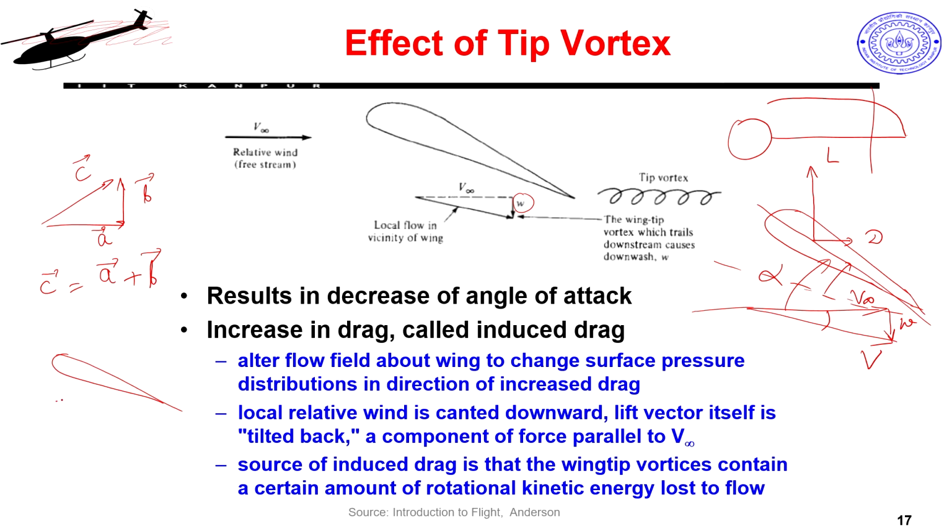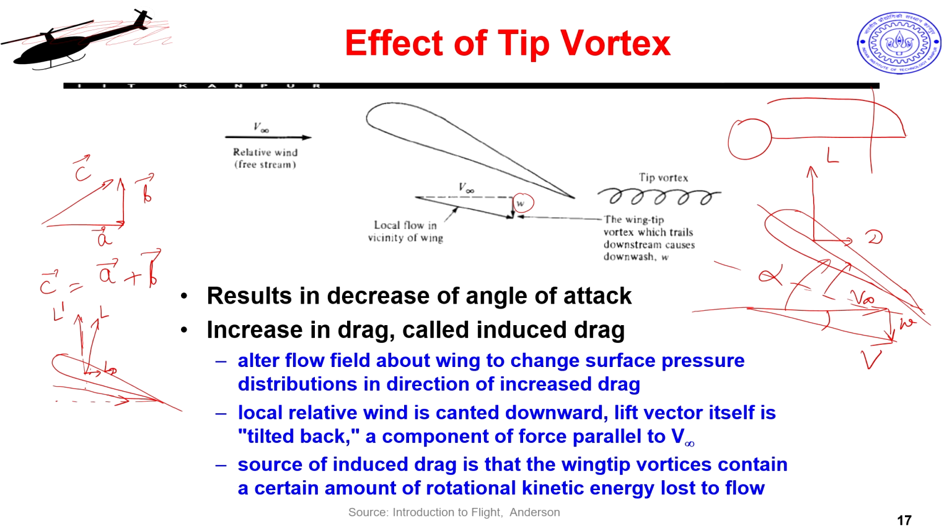So, this is my airfoil, this is my original direction, and now my direction is in this, right. This is my direction of flow, which means my lift will also tilt backwards, right. Earlier my lift was vertical because my flow was horizontal. So, this tilted back lift means there is a component of lift which is going in the direction of drag, right. So, I can easily resolve this into L prime and L d.